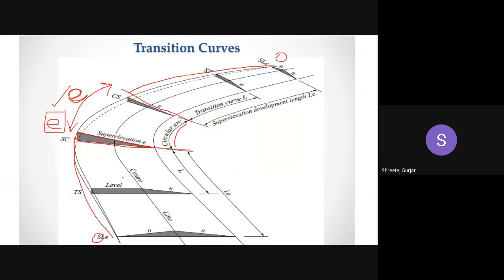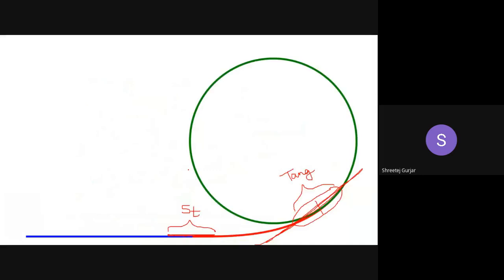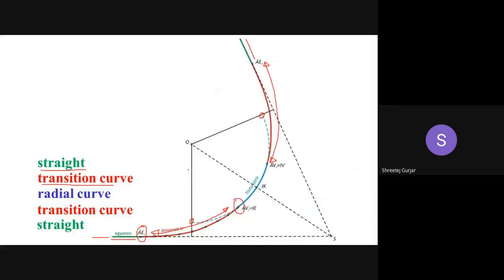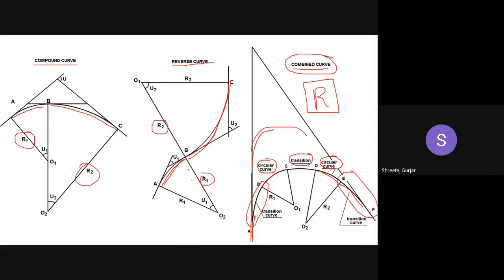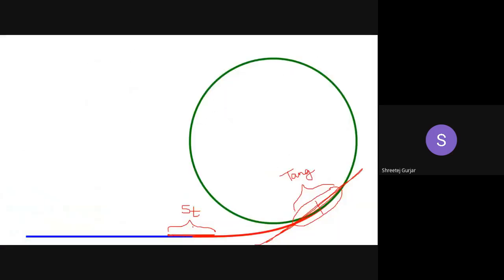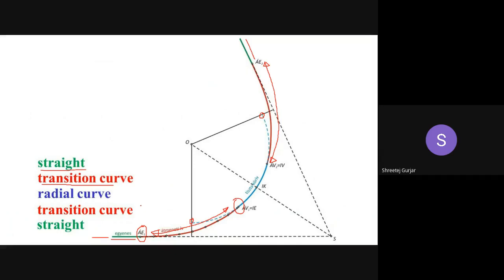So you can see over here, this is the length of the transition curve. This is the transition curve, and this is the length L of the transition curve, which we need to learn how to calculate. We have various examples I've shown, right? From this particular point to this particular point, this is the transition curve, and this is the length which we need to calculate. We have various formulas which we can adopt depending upon the data you have, and we can calculate this LT, or length of the transition curve.